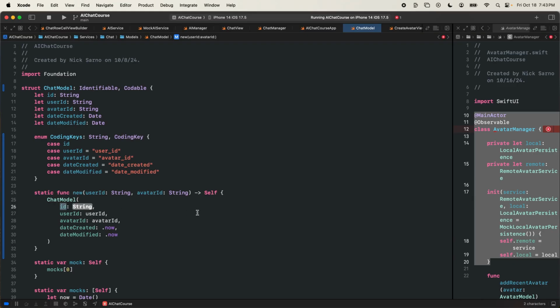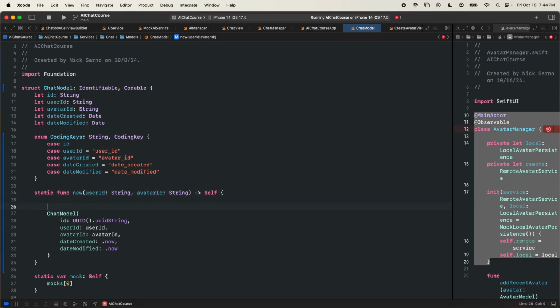Now for the UID, we can create a random generated UID like we've been doing for all of our other data models. That's perfectly fine, not going to be a problem in our system. But occasionally, I actually want to have specific IDs. And so in this situation, I want to attempt to make all of the chats between this user and this avatar unique. You can think about this: this user should only ever have one chat with this avatar ID, right? So if we combined these two IDs, we should have a unique identifier for the chat between this user and this avatar. So if